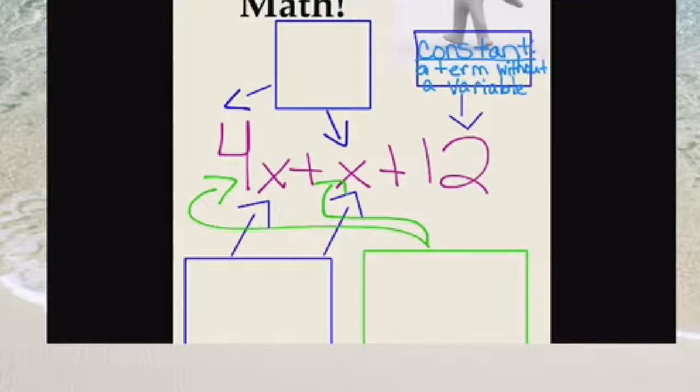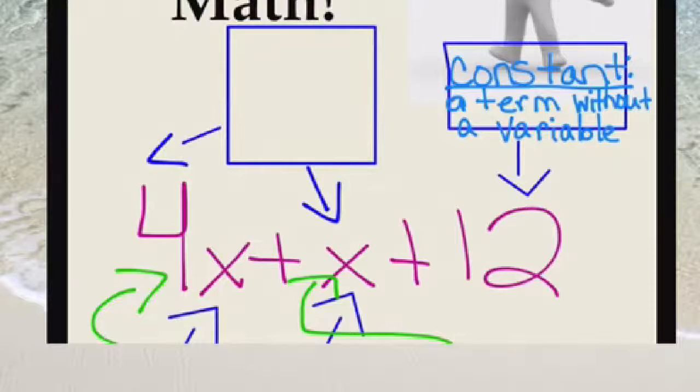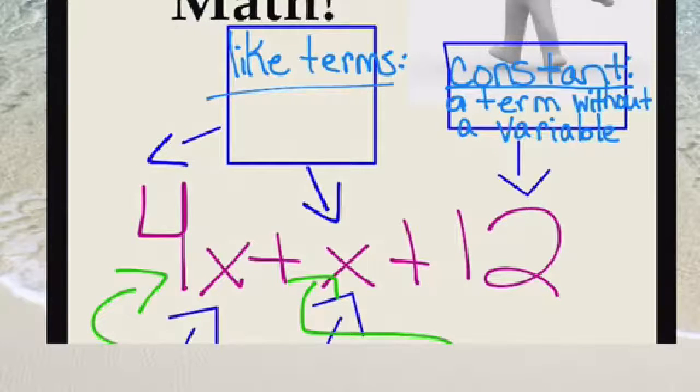And when we represent this with the algebra blocks, you'll see that they're both represented with the same kind of block, the x block. So we would say that 4x and x are like terms. Okay, if you're thinking about the algebra blocks, it means they're represented with the same kinds of blocks. Okay, so like terms contain the same variables,